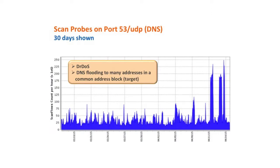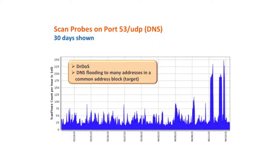As I mentioned, port 53 UDP climbed quite a bit here, and there are actually two contributing factors. Some of it is related to reflective denial of service attacks. On the request side, if there's a spoofed source sending requests out to lots of DNS servers to get responses back to that target, that will look like scanning activity in the analysis. The other factor is that we've seen cases where there have just been source addresses, most likely spoofed, where they're just spraying out to an address block that